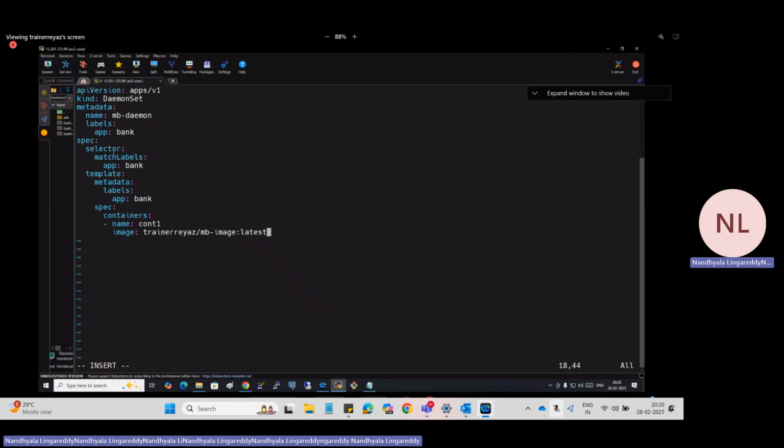But if you give them, it is best for you. If you don't, managing will be difficult. If you have 100 pods running and don't give labels, how do you identify which pod is for which application? For that reason, we always give labels. Okay.